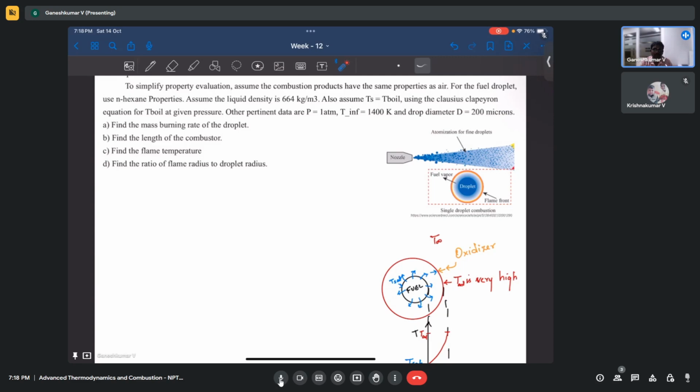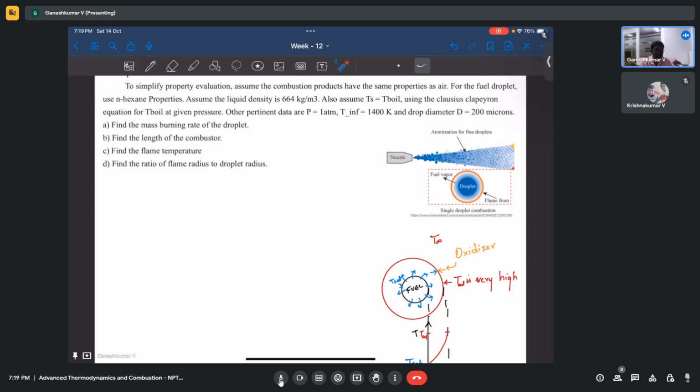So if you are not doing it, let's say in a rocket engine, if your combustor is very small, and you directly attach a nozzle after that, then it becomes a problem, because just fuel droplets will be going outside instead of hot gases, right? And that will affect your efficiencies very badly. So that is the reason we need to find out this droplet lifetime, right? Lifetime of the droplet. That could be essential to design this combustor, but this is a crude estimate.